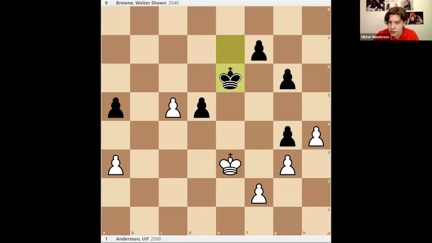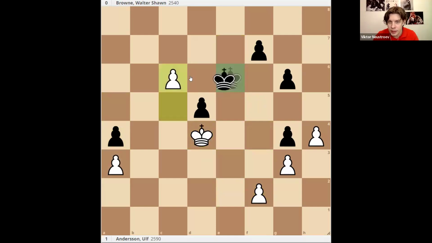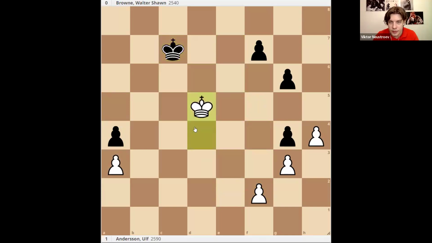Okay, so king e3 works, then let's say a4 is the best move. King goes to d4, king e6 to protect, and this is how we win. c6, king goes there, c7, they take, and we simply enter the enemy territory. Which side do we go? If we go there, they are likely to capture our pawns on that flank. So the king goes there.